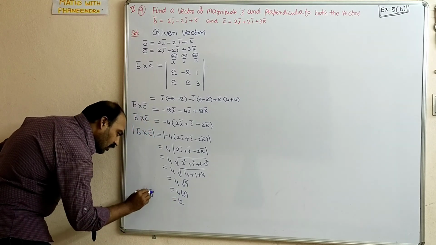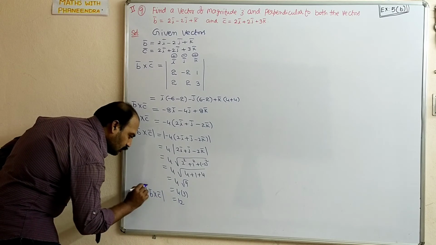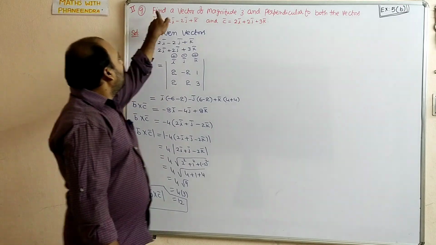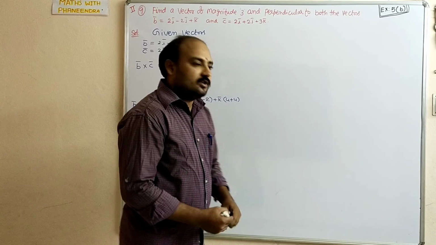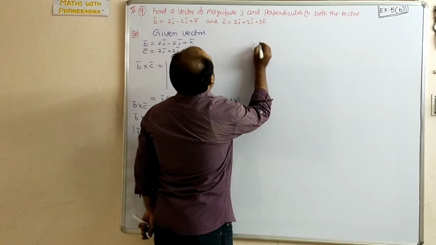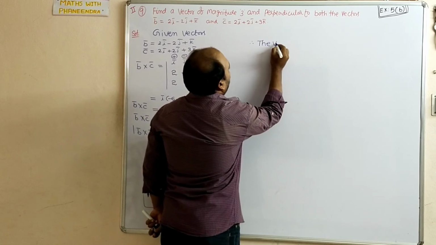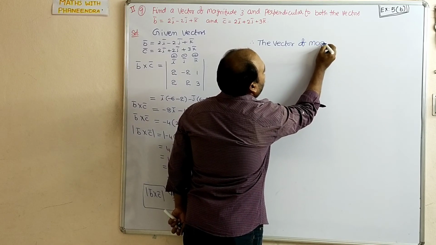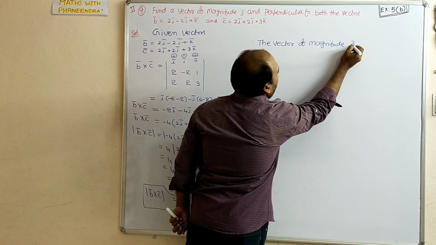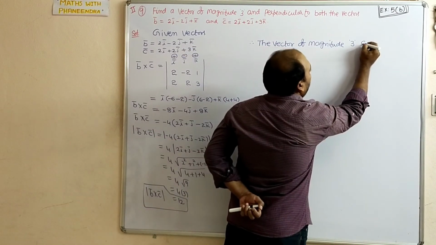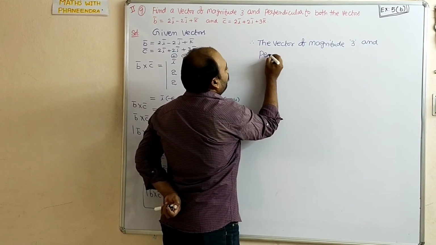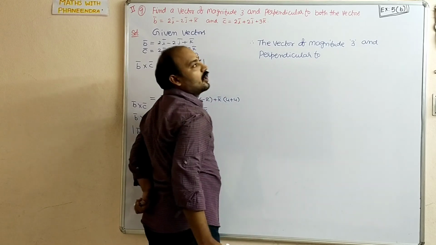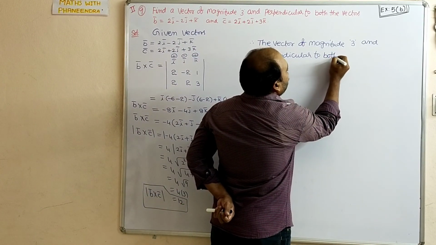So the magnitude of b bar cross c bar is equal to 12. After that, write the formula. Find a vector of magnitude 3. So the required vector, the vector of magnitude 3 and perpendicular